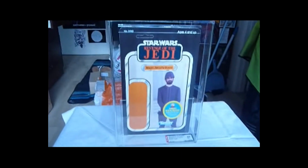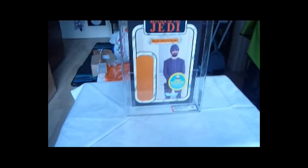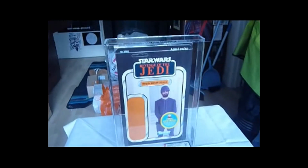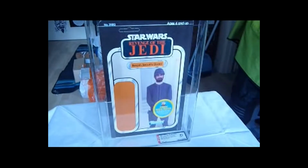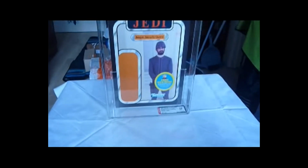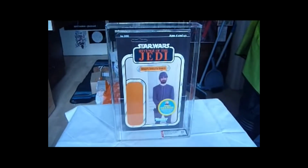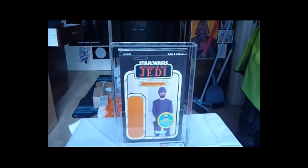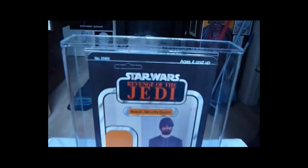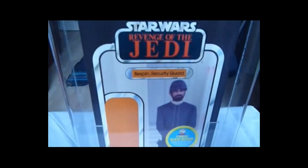There's been quite a lot of these on eBay at the moment, so now's the time to get one of these. These are one of the holy grails of Star Wars collecting, and you might be able to snag one for less than 200 quid if you get one that's starting at a low bid. The Revenge of the Jedi Bespin Security Guard,